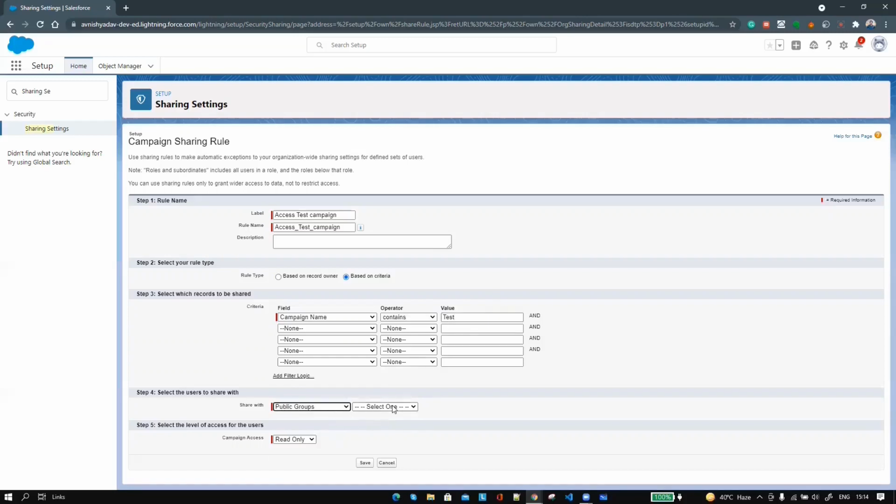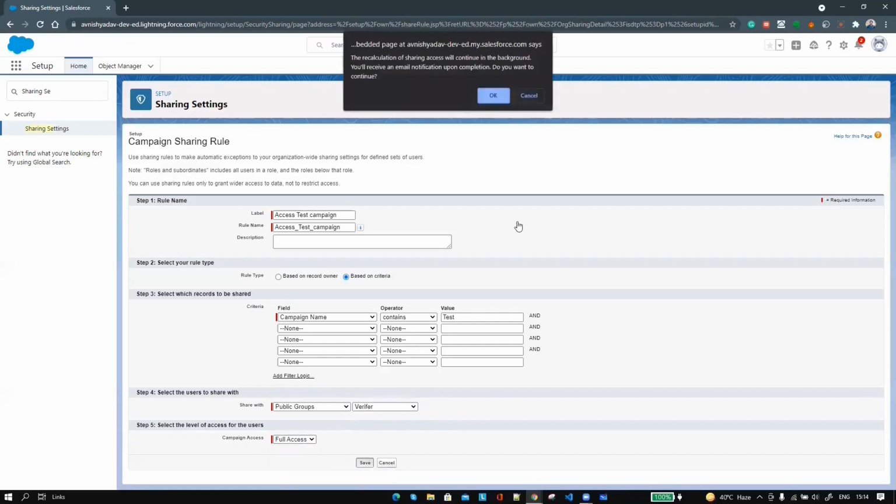And in this public group, we will select the one which we created. For the campaign access, instead of read only, we will give full access, save it and click OK.